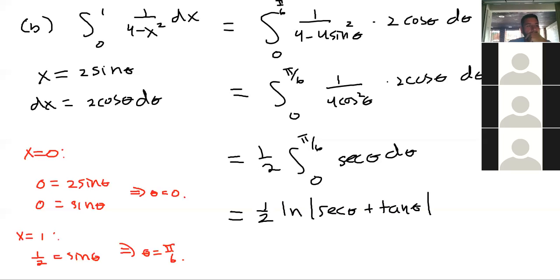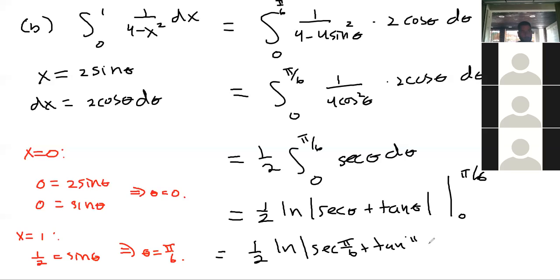And we are evaluating this from 0 to pi over 6. Now, when you plug in pi over 6, which is nice here, you have log. So what's the secant of pi over 6? What's the tangent of pi over 6? Well, these are things that you could easily look up if you don't remember them. So if you plug this in, you have secant of pi over 6 plus tangent pi over 6, and then that's minus